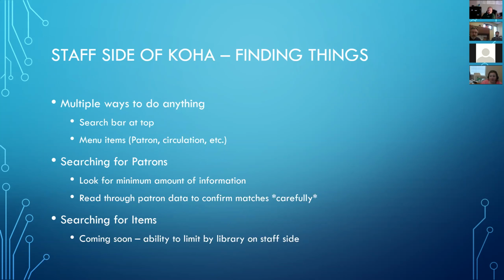But once you find the patron that you're looking for, especially if you're looking for somebody who says they need a new account, one of the best practices we'll talk about is that before you create a new account, you always search Koha to make sure they don't have an account, because there are so many differing ways that information can be entered. Koha doesn't check to make sure that duplicates are happening. So if you just enter somebody in there, they're just in there twice now.